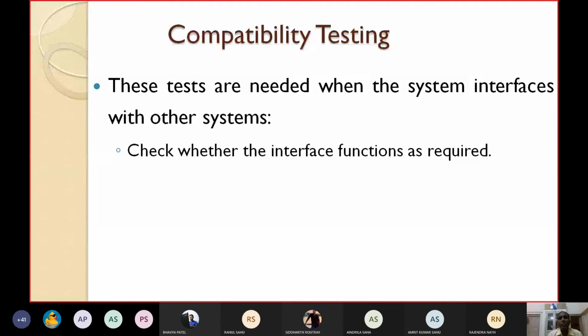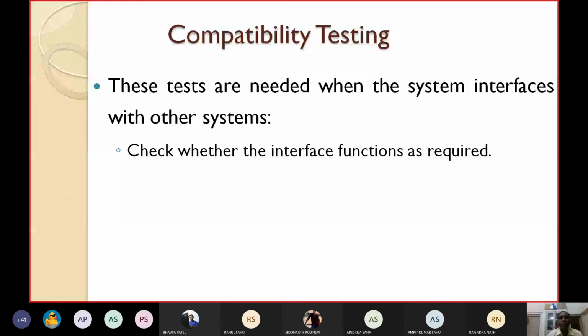Take the example of your NIT Rourkela system. When you are doing the registration, it is linked to the payment gateway. Similarly, when you are booking an IRCTC ticket, it goes to the payment gateway. On Flipkart or similar sites, again it is related to some other database or payment gateway. So you must test whether those interfaces are working properly. It can be done by compatibility testing.